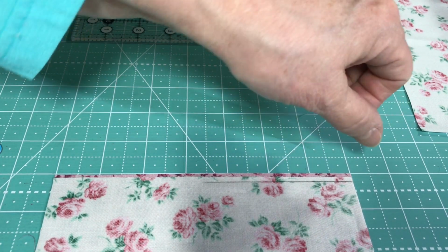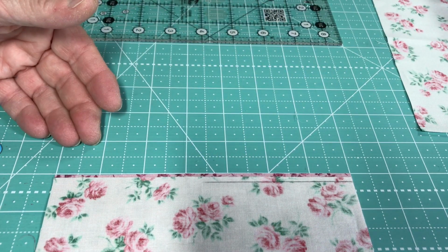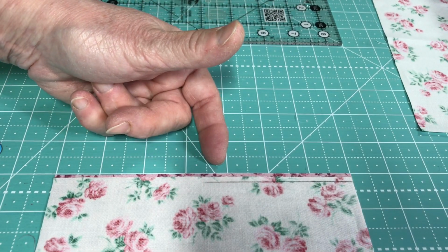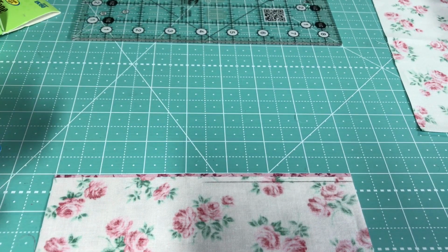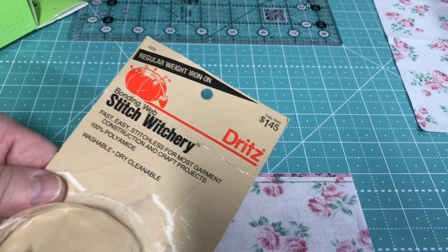Now, when this happens, and it's happened to me before, instead of just sewing it one time, I sew it 2 times. It reinforces that seam because there's such a small amount of fabric. Now, if you can't stand the thought of you've gypped yourself, don't worry about it. This is what you can do. I got a couple of different products here. This is one,